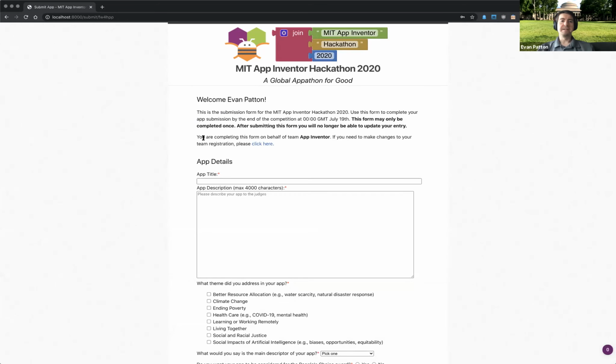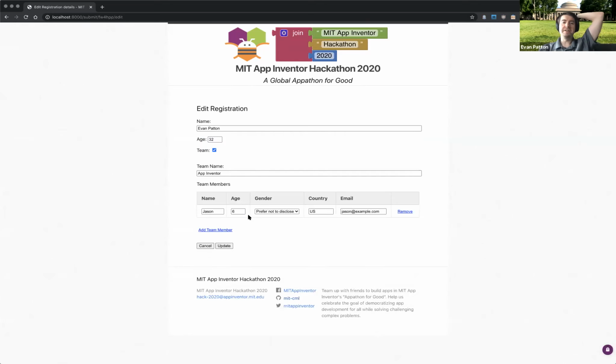And then when you come back, now you'll see that I'm completing the form on behalf of a team called App Inventor. So if you're a team leader, you should see a form that looks like this, where we'll kind of explain the team information. And then if you click on here, you can either add more team members if people have joined your team. You can remove team members if people have dropped off your team. If you decided to dissolve your team, you can uncheck the team box and turn it back into an individual